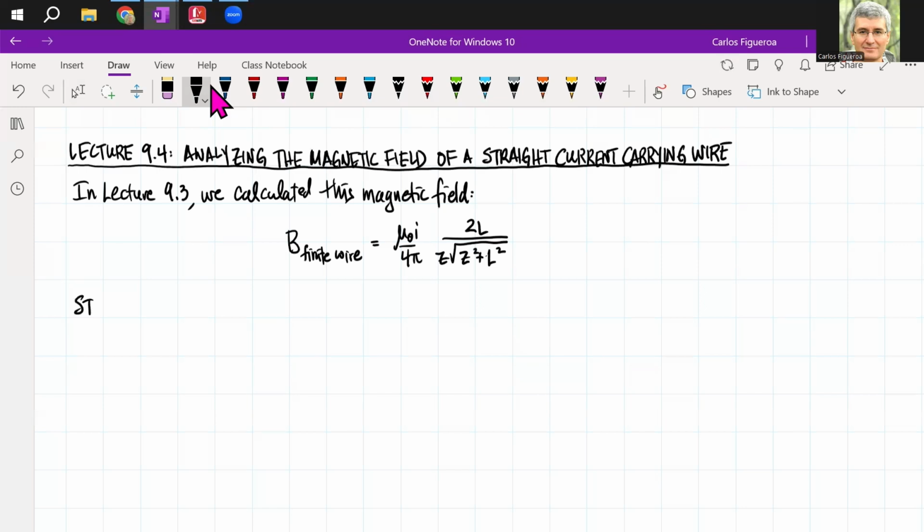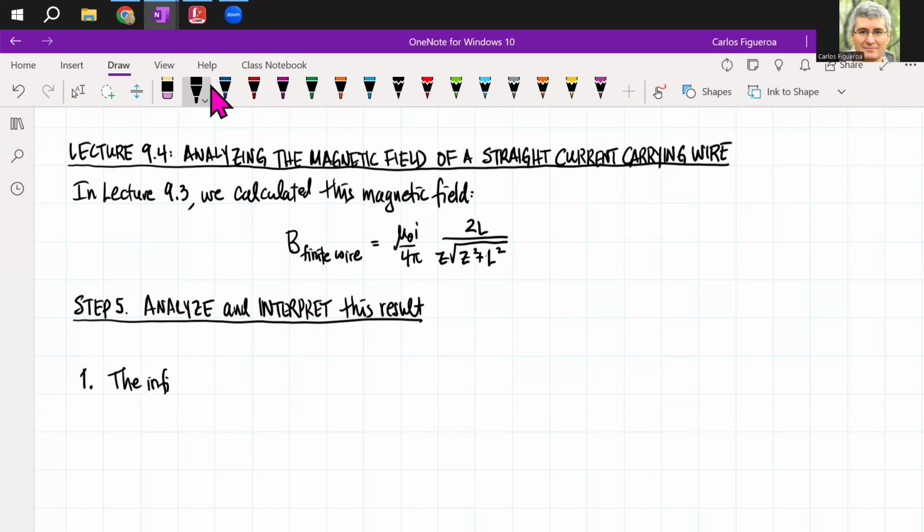And in step 5, we want to analyze and interpret this result. So let's do that. This is a continuation of lecture 9.3. The first thing that I want to look at is